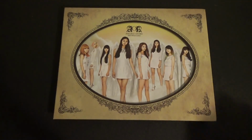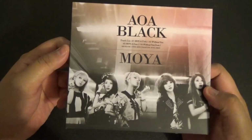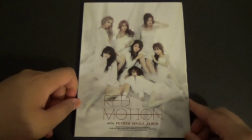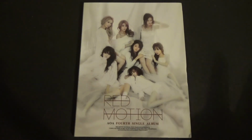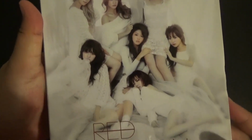My third favorite girl group is i.o.i. So I have their Ace of Angels first single. Then I have second single Wannabe. Then i.o.i Black Moya, but they really do count this as a third single. Then fourth single with a super pretty photo book but very short, Red Motion. See, look at that. They're all so gorgeous. And then we have